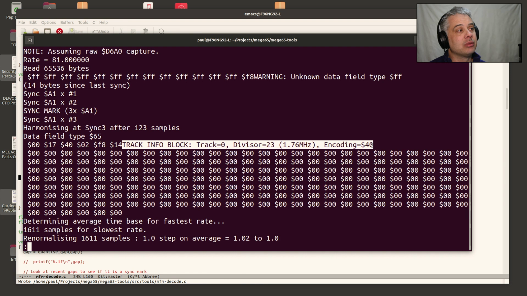A divisor of 40 gets us 1 megahertz. We're now at a divisor of 23 instead of 40, so we are at almost double the data rate